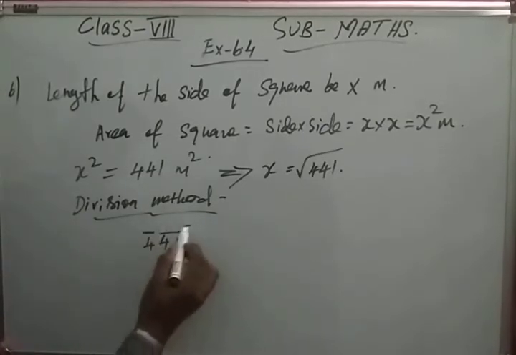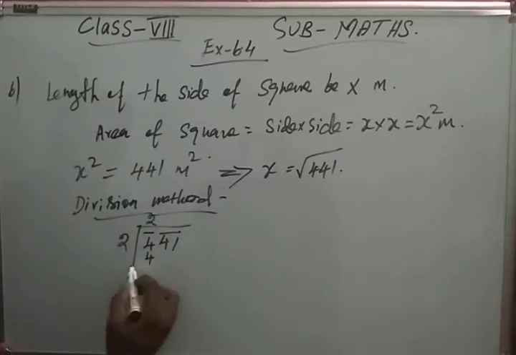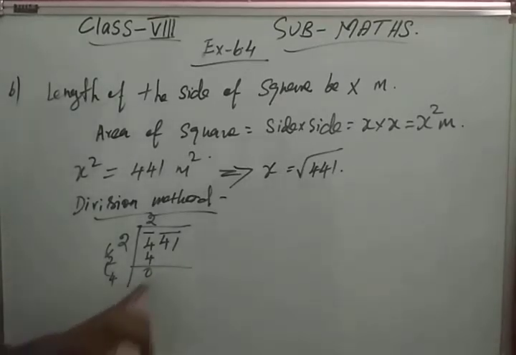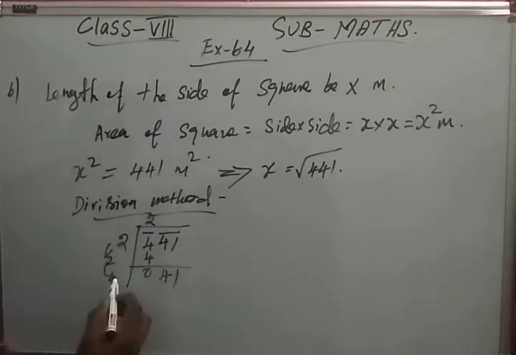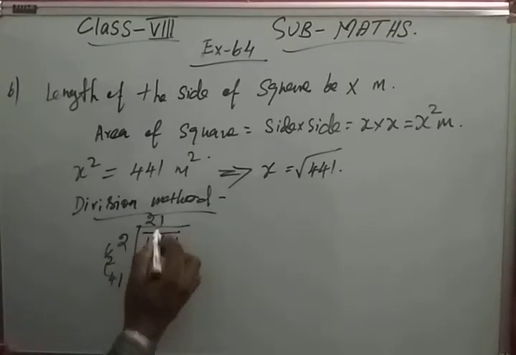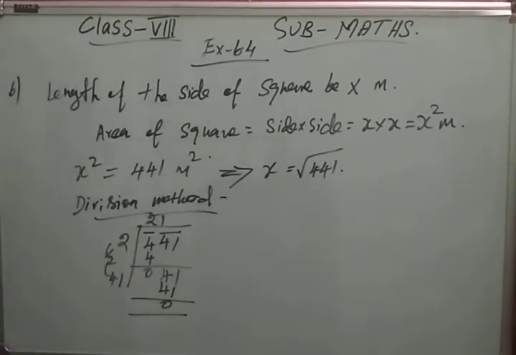Then we take the pair like this. 2 twos are 4, then 0 multiplied by 2, what will we get? 4. Here we bring down the next pair, 41. 1 ones are 41, that is 0. Hence the required side is